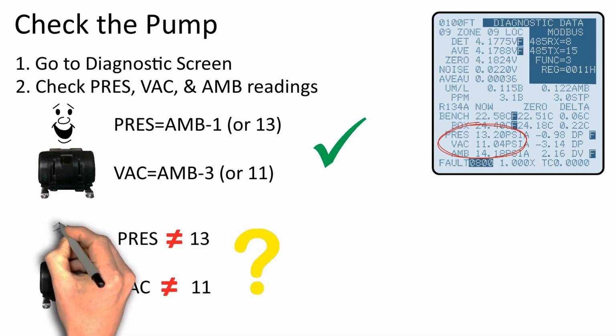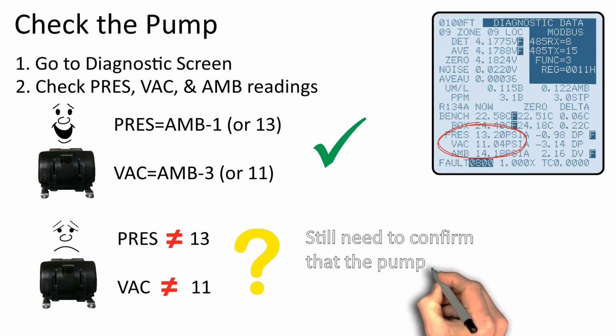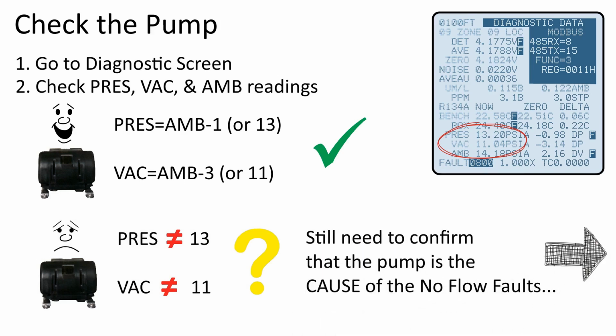If your pressure and vacuum values are not at the typical and optimal readings of 13 and 11, your pump is suspect, but you still need to confirm. At this point, the no-flow condition is likely either a faulty pump or possibly